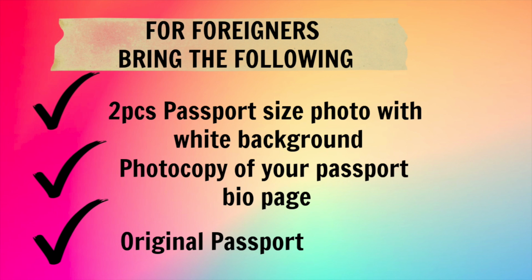For foreigners, you have to bring extra requirements when you go to your appointment. The following are 2 passport-size photos with white background, a photocopy of your passport bio page, and your original passport. Most of the time, it takes longer for foreigners to get their NBI clearance. Sometimes it takes 2 to 3 weeks because